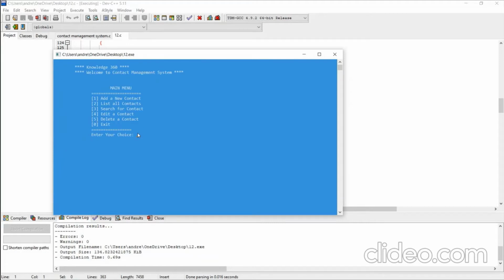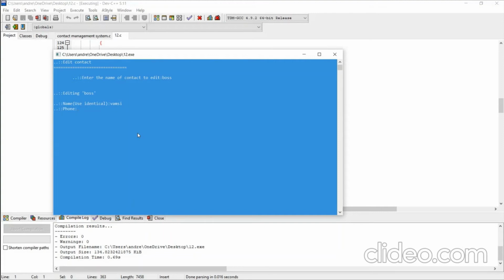Well, I want to edit that contact, so I'm clicking option 4. I saved that contact as Boss, so I'm editing that contact from Boss to Vamsi.